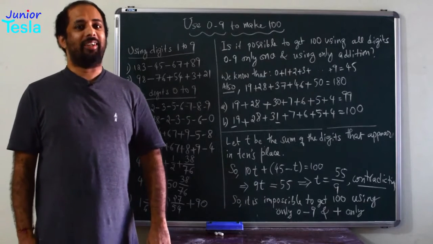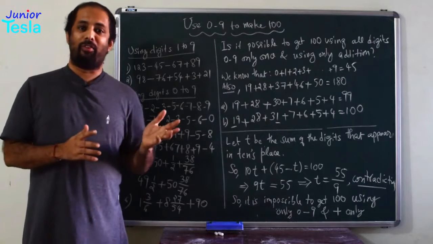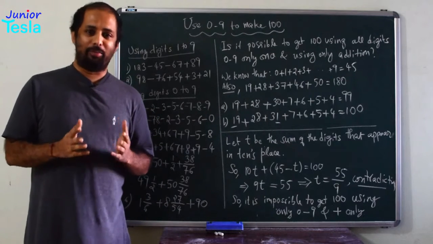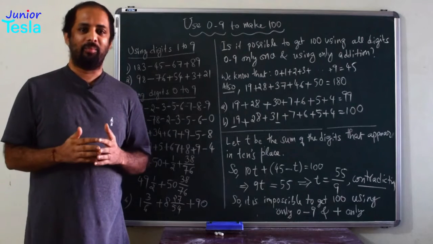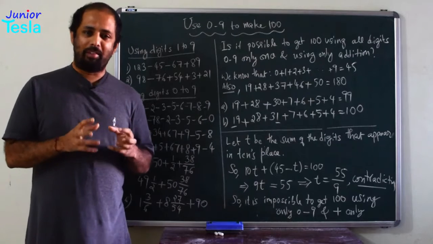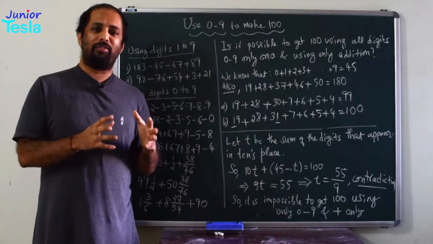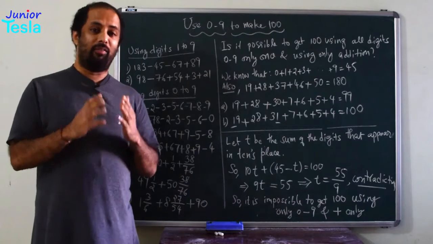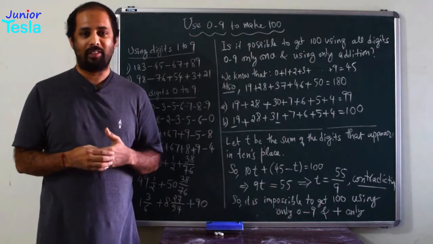I want to write 100 using digits from 1 to 9 or maybe from 0 to 9, and that expression may have addition, subtraction, multiplication, division or power. So it may use some basic operations, but the thing is we should be using digits from 0 to 9 or 1 to 9 only once to get 100. So is it possible to write such expressions is the question.